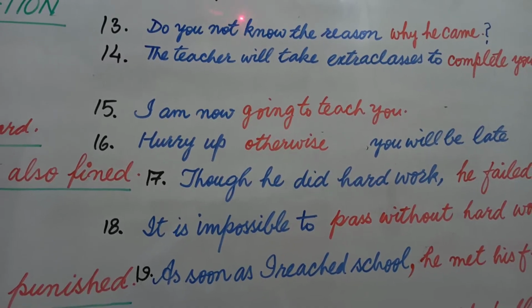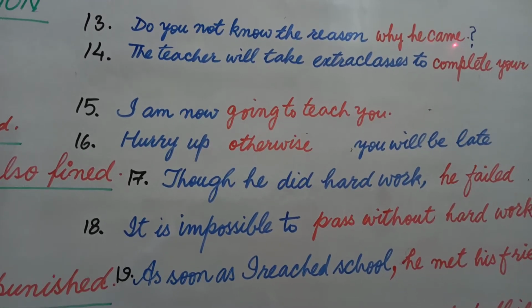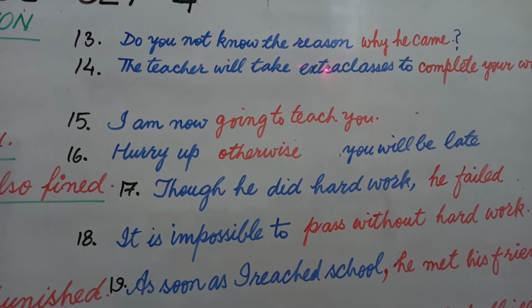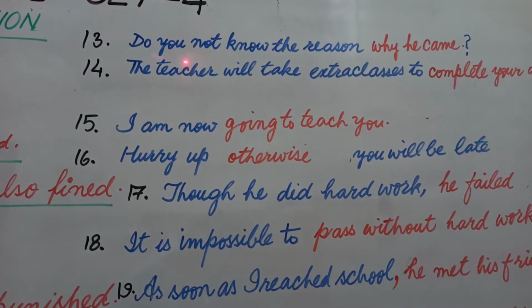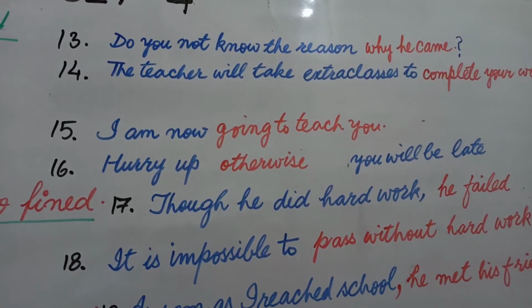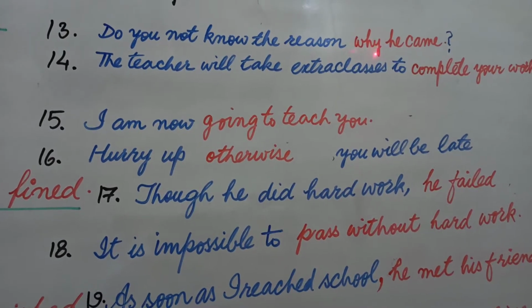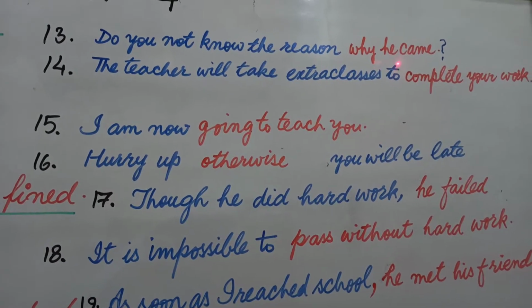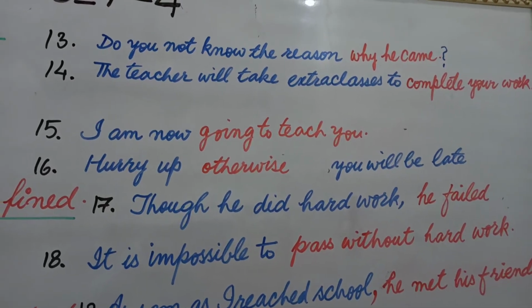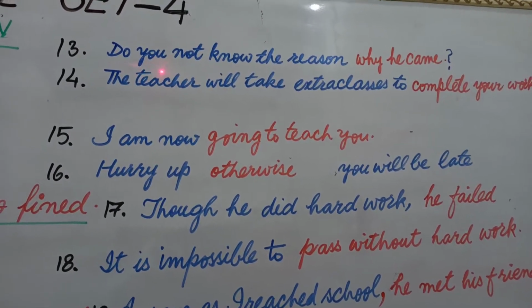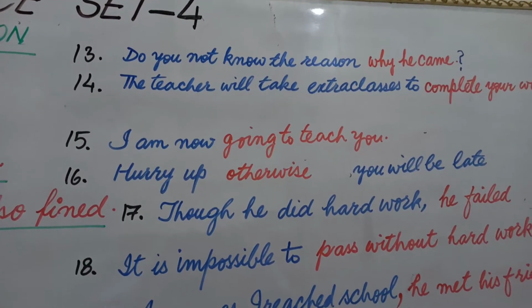If your first clause is written in interrogative, then you will put a question mark here. If you have your first part in assertive sentence, you don't put question mark because of this why, because this why isn't interrogative here. This is now assertive sentence here. This question mark is because of the question given in the first part.